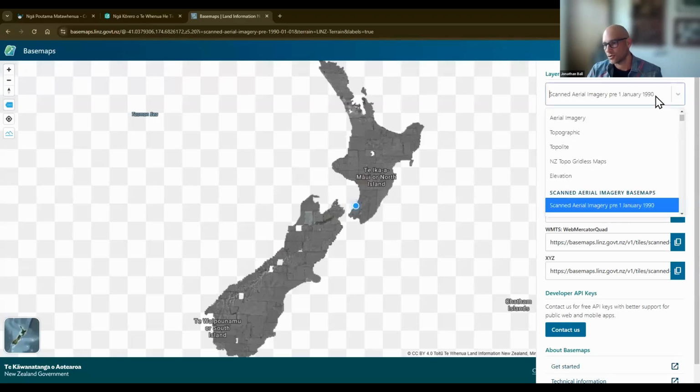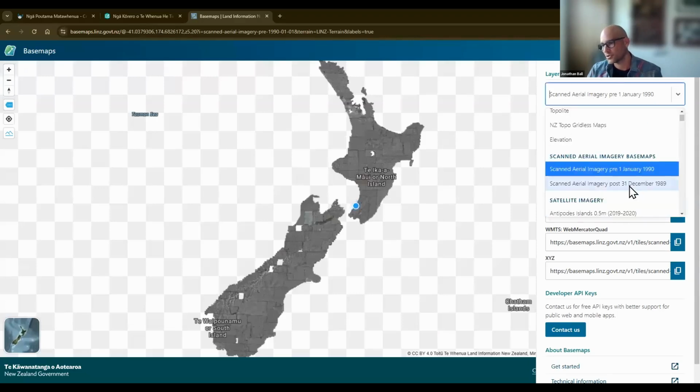And there's an alternate layer, which is post 31st of December 1989. I'm told this date is very important because it's related to the Kyoto Protocol and when carbon credits can be attributed to forests. Like, was it planted before or after this date?